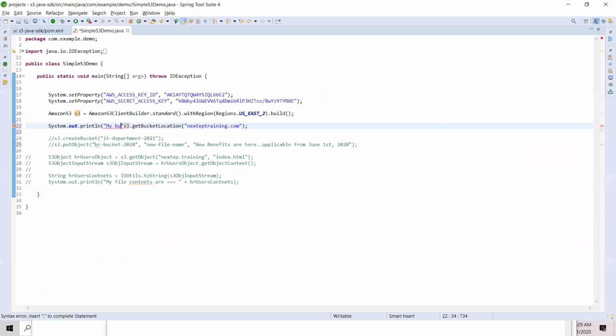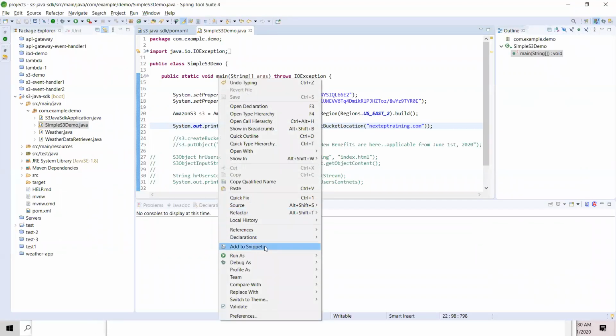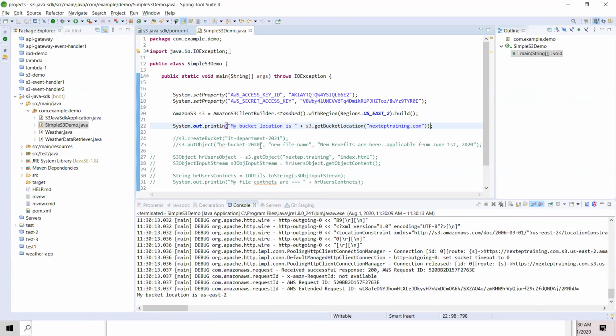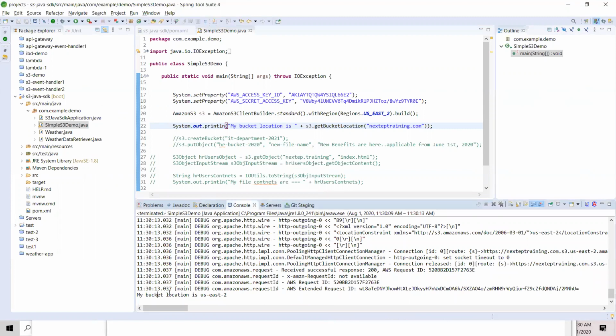My bucket location is... that's it. Let's go ahead and print it and see what happens. It's a simple main app. So my bucket location is US East 2. There you go.